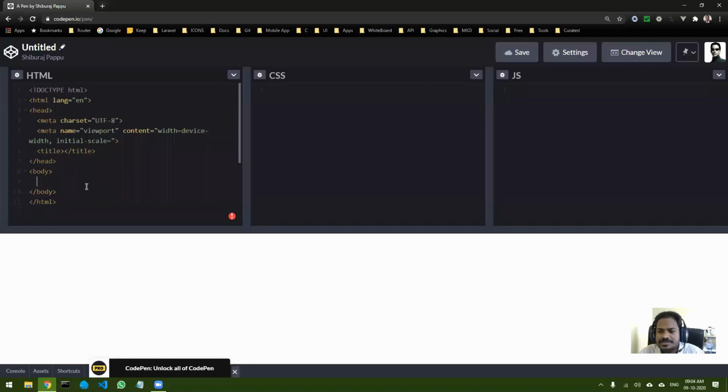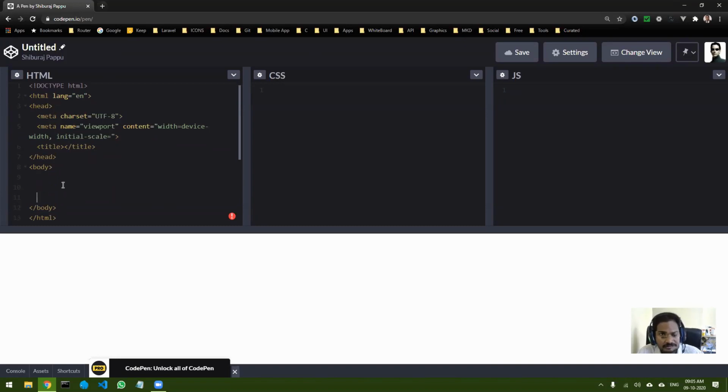Yesterday, we have seen how to use functions, right? So today we will see a few more things that are left in basic JavaScript, that is arrays and objects. And once that is done, we can start writing some programs. Before that, let me just add the script tag source. Are there any queries of yesterday's lecture? If anybody has any queries, they can put it in the chat box.